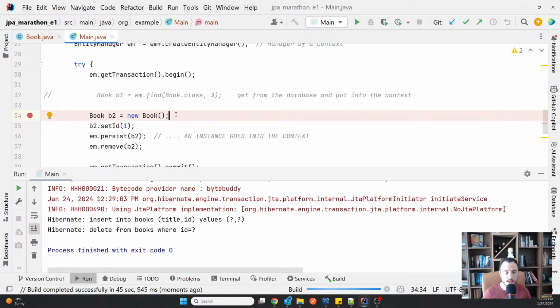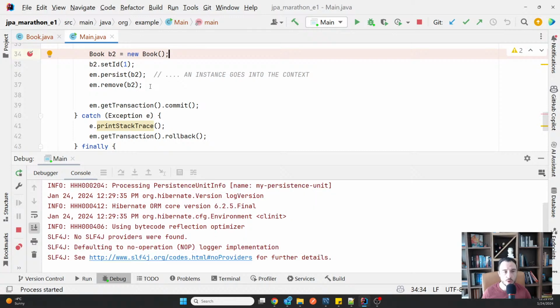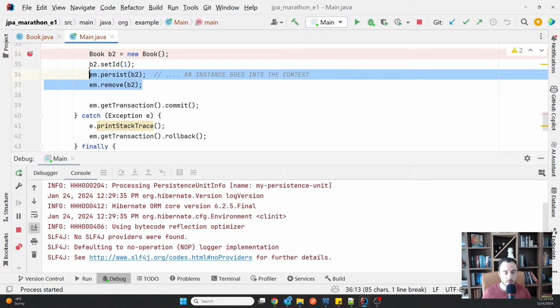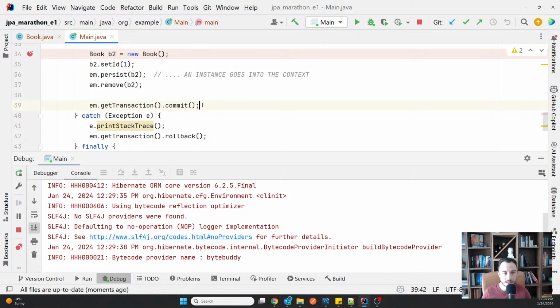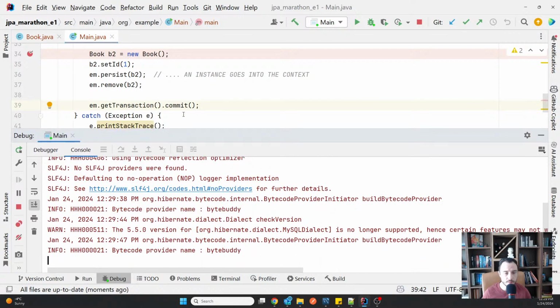So it can happen that depending on what you do, you will not see that persist either. The point is, it always works with the context, and all or some of the operations will be done here at the commit and not here at the persist. So if you do anything, like I'm now in debug again to see it.